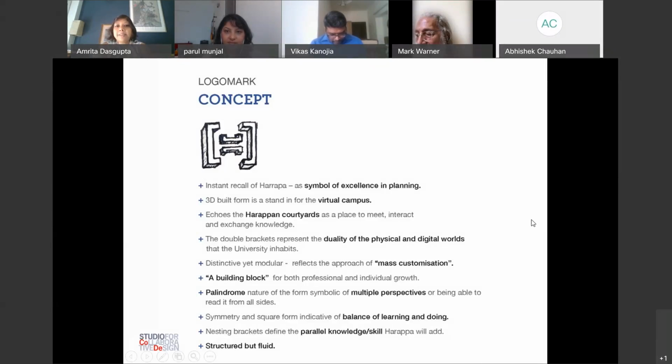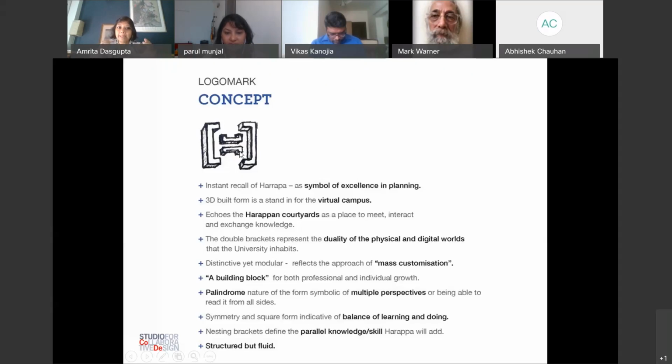So we wanted to talk about a symbol of excellence in planning, because that's what you think of Mohenjo-daro and Harappa as, like, way before their time. So the online education, the online university, Harappa, talks about soft skills for office people, like people who are either starting off or mid-level managers, and how they can improve many aspects of their managerial skills. Also, the fact that they didn't have a virtual campus, we wanted to make this sort of H,